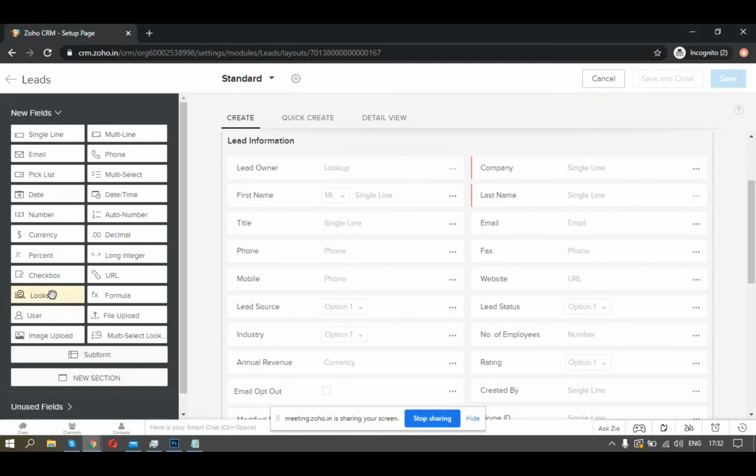Home tab. What is the Home tab? The Home tab in the CRM